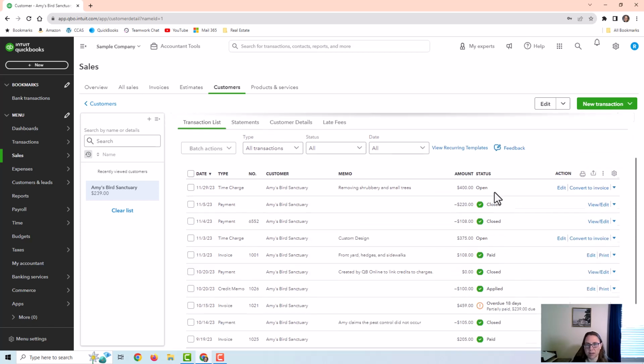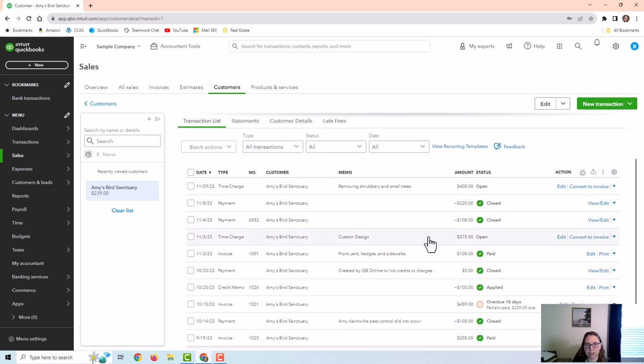Okay, you can see down here there are a couple time entries. There was one that QuickBooks already had in this sample company. And then there's one of the ones I created. But remember, I created two entries. One on the 29th that I marked as billable, and then one on the 30th, which I did not mark as billable. Okay, and then it gives me an option to convert to invoice,